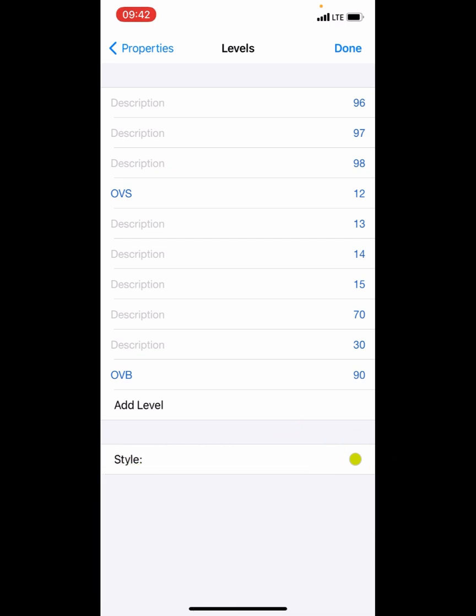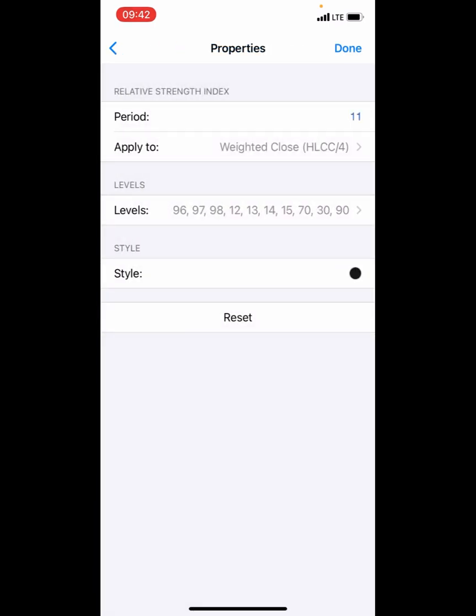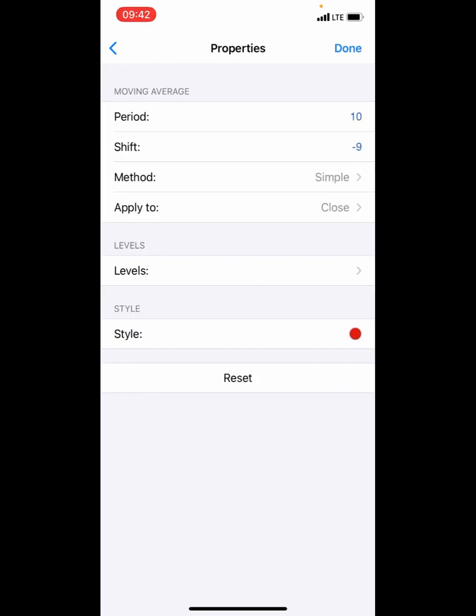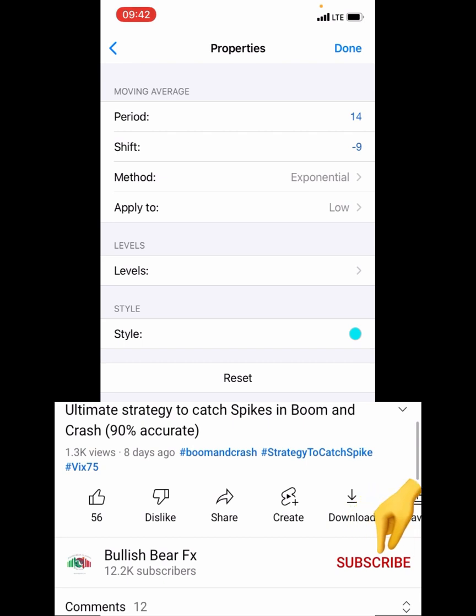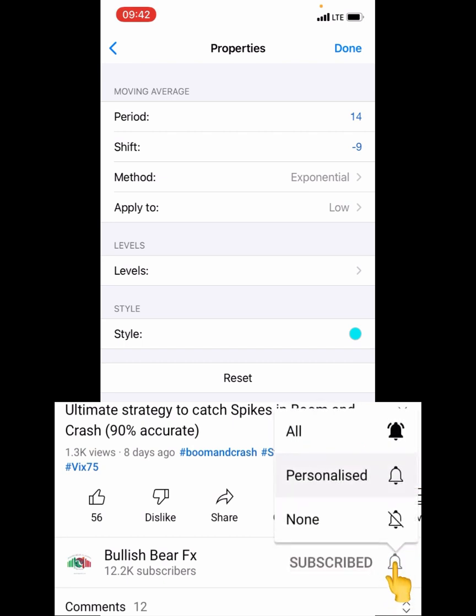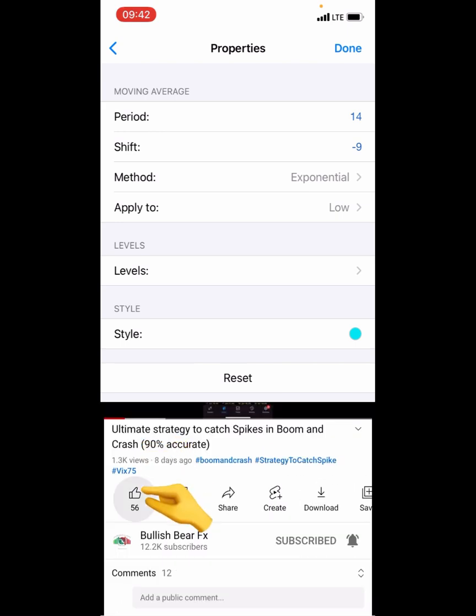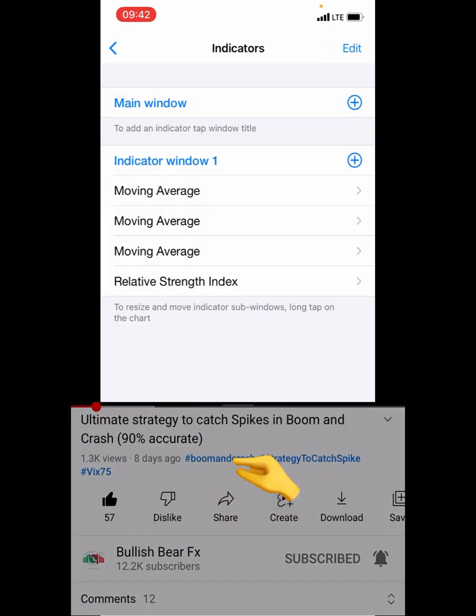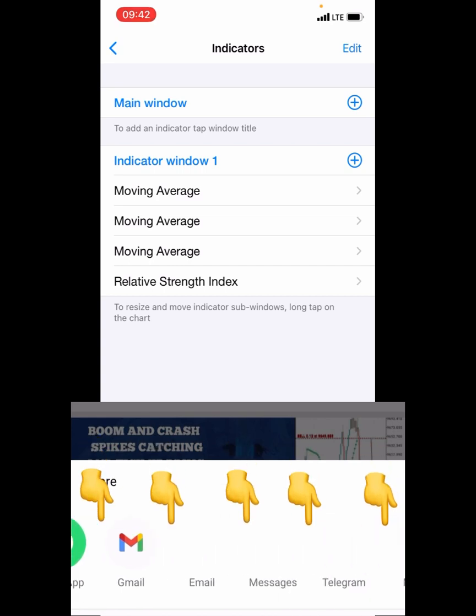Okay, so you click done, and then the first moving average we've got here is 10. Shift to be -9. Take note, -9, not 9. All right, period simple. Apply to close. Level, no level. Style red. The second moving average, you have 14, shift the same thing, -9, then exponential, low, style, whatever color you desire, okay? And then lastly, you have the third moving average to be